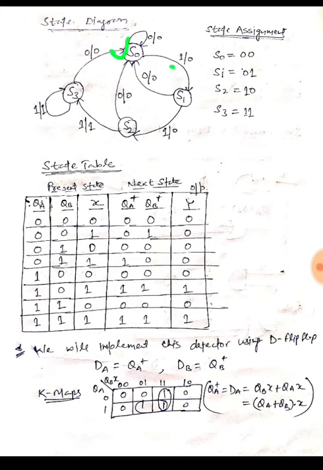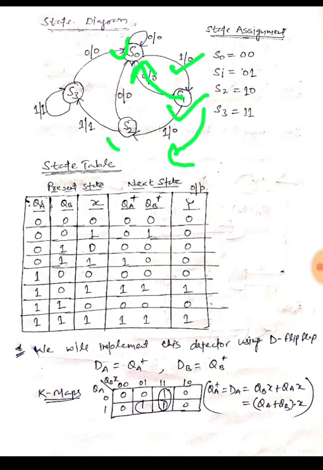As soon as it gets input 1, the output would remain 0, because we are implementing it using a Mealy machine, in which on the transition line both input and outputs are represented. If it gets a 1, output would remain 0, but the state would change to state 1. State 1 is where the first 1 is detected. So if it is in state 1, if I get a 0 after that, it will go back to initial state, and if I get a 1 again, that is 2 ones, it will move to state 2.